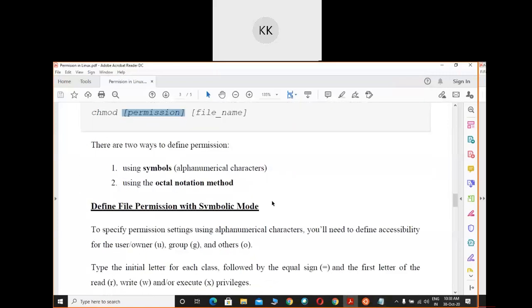Does everyone know how to convert one decimal number to an octal number? Yes or not?